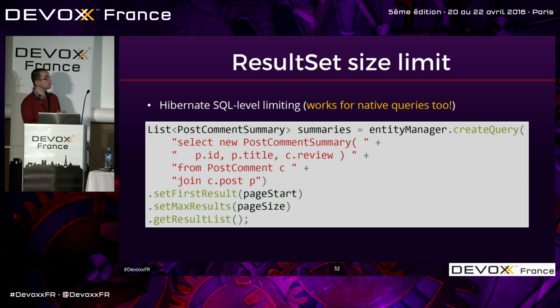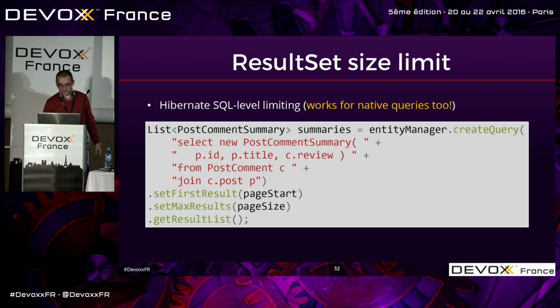And that's a very good safety measure, because if the data grows in size, you will select only a window of it, for example, only a window of the query result that the query might fetch. Otherwise, if you don't put limits, you are going to fetch as much data as the query can